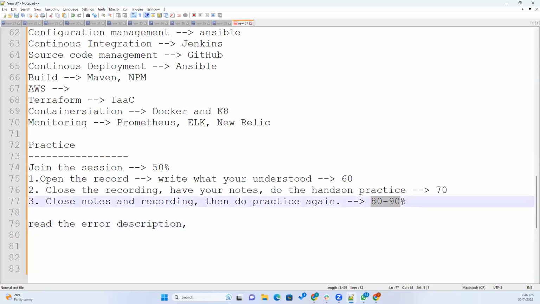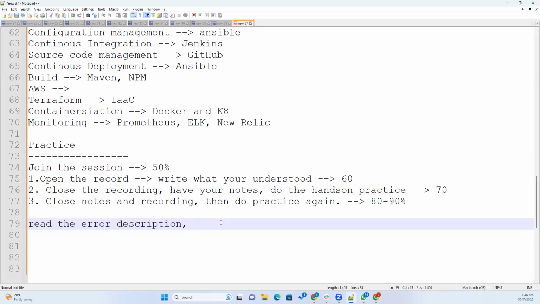Okay, so nobody is an exception. Even when I am working on DevOps and cloud projects, I may make a simple silly mistake, and it may take me a lot of time to understand what went wrong. That is a silly mistake. So it may happen for everyone, not only you.